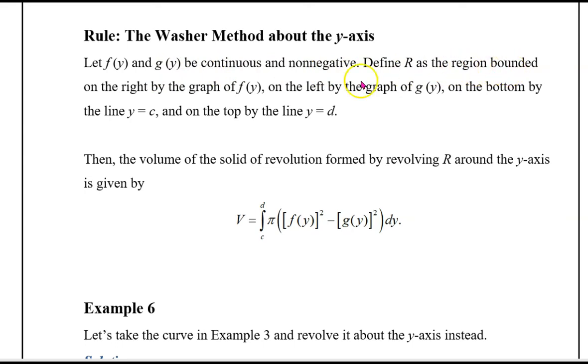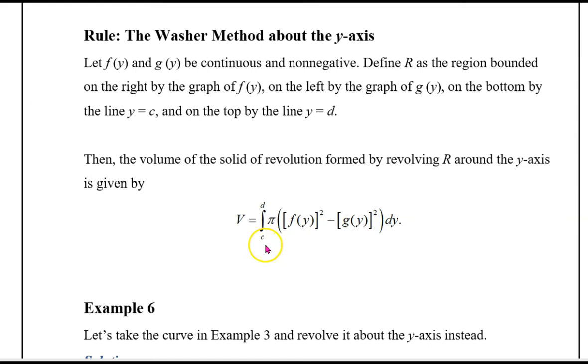Define R as the region bounded on the right by the graph of f of y, on the left by the graph of g of y, on the bottom by the line y equals c, some horizontal line, and on the top by the line y equals d, a different horizontal line. Then the volume of the solid of revolution formed by revolving y around the y-axis is given by this definite